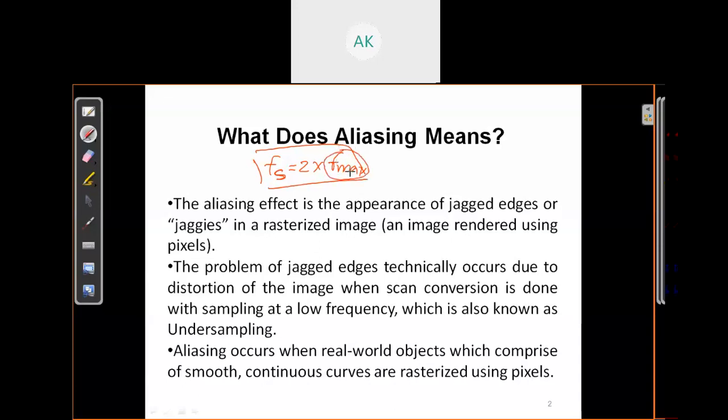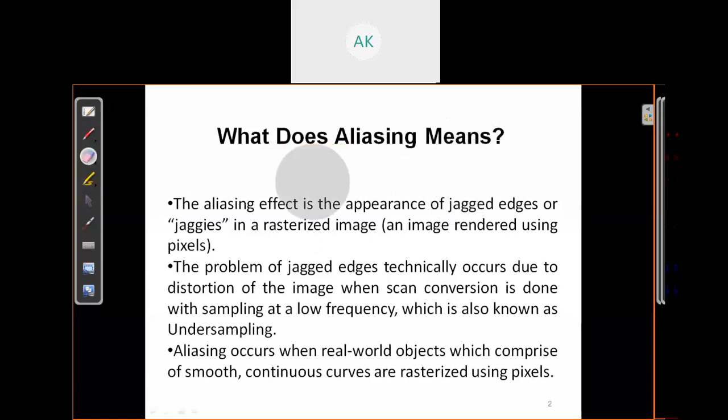We have to take twice this frequency, which is called the Nyquist sampling frequency. If we follow this, fine; if we do not follow this, jags will appear more. And the other reason is when your object has sharp edges, meaning the change is very sharp, then this kind of jagged edge will appear.